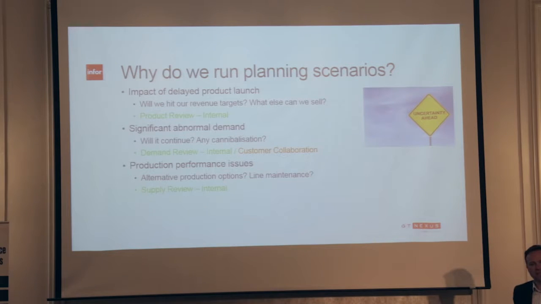Likewise, on production, the supply review element of the S&OP process. Why do we want to do this? Exactly what we had in the corner there. So what happens if we're hitting capacity? Are there alternative options of production using an alternative line, a third-party supplier? But again, internally focused. It's within the four walls of your supply chain. One of the things I'm still yet to see, and this is the opportunity that Richard's going to talk a little bit about, is